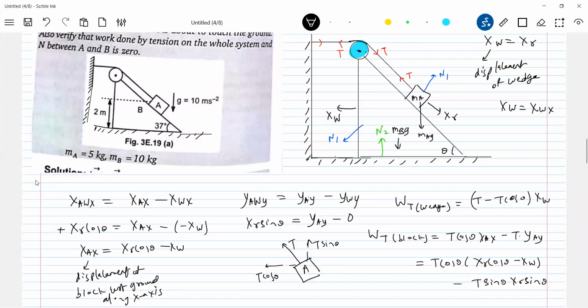What is T cos theta? XR. Look at these values. T cos theta, XR cos theta. Here T sin theta, XR sin theta. So if I add up these two,